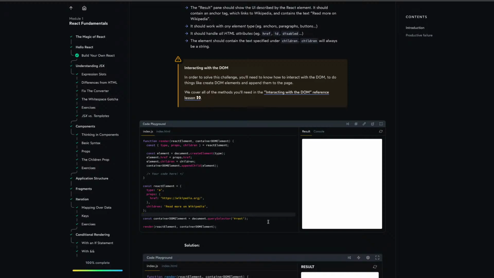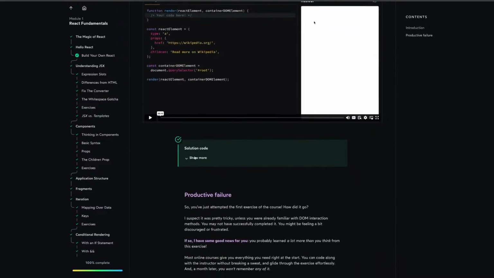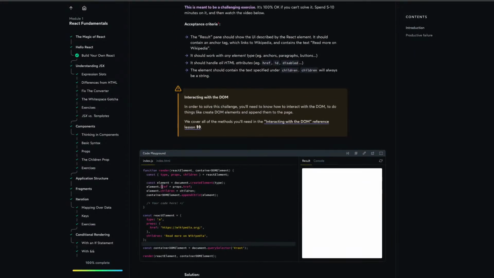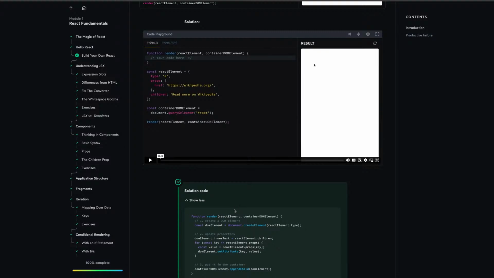If you append it to that, it should show. Okay, let's check the solution. The type, okay, you need to give it as inner text. Okay, let's give it as inner text. Nice, now that is being shown, and after that